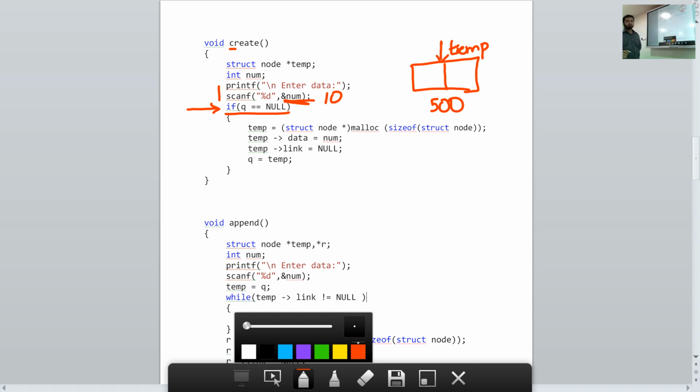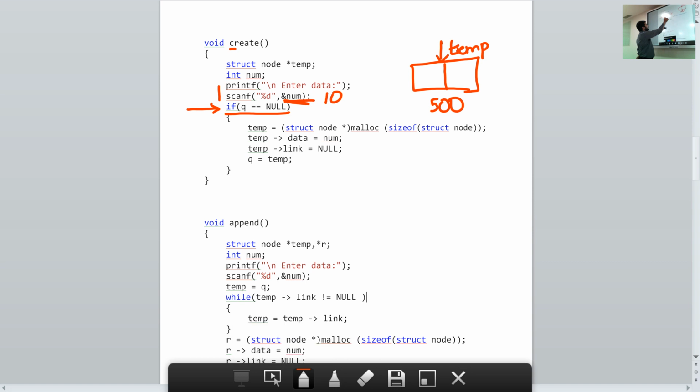Now the programming for storing data in that: the variable num here already contains the value 10. To access the data part of the node, the programming is temp arrow data.